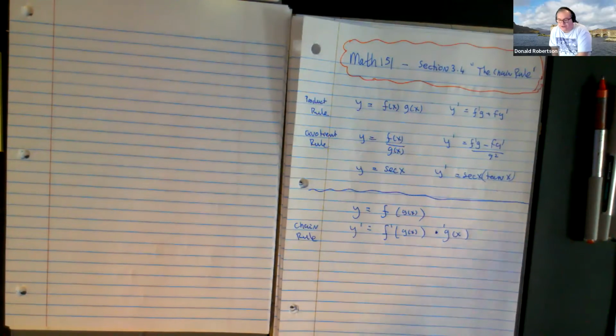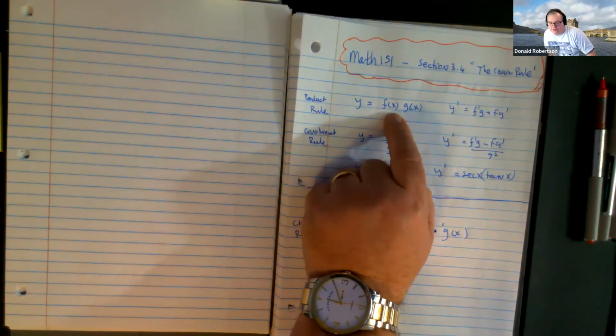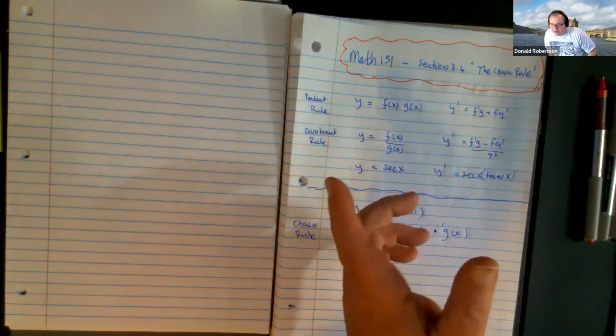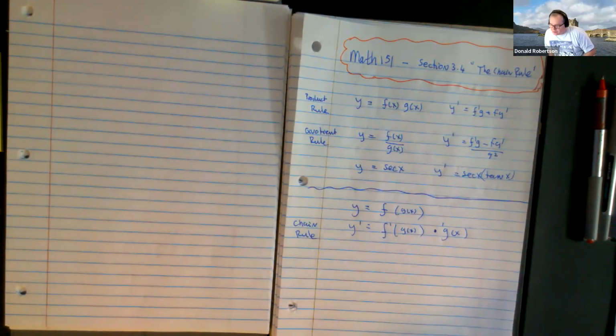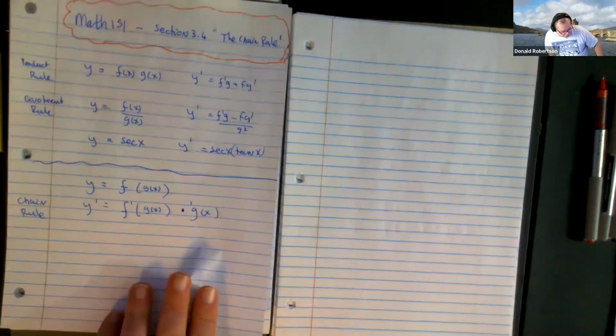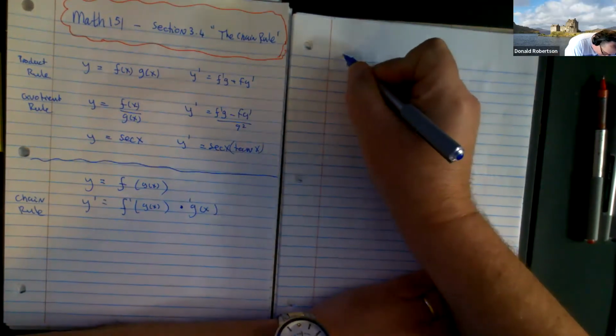Now, what the chain rule does is it expands the number of things you can differentiate, like by 1,000,000%. You can only multiply and divide with the product and quotient rule when the pieces are relatively simple, right? You can only differentiate x squared e to the x, things like that. You can only differentiate sine x over x squared plus 1. They're quite primitive, right? They're good for what they do, but they're quite primitive. What the chain rule does is it basically allows us to do almost anything within reason that is doable. So I'm going to show you